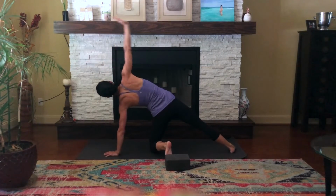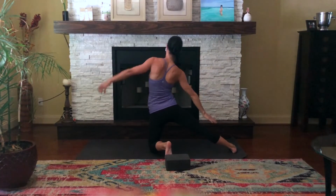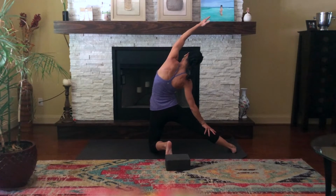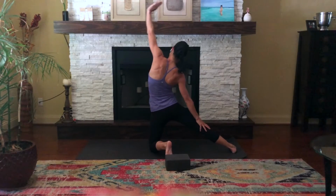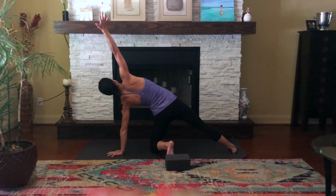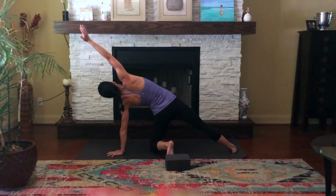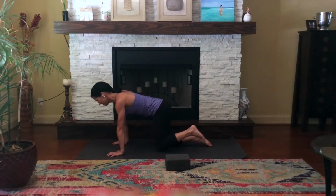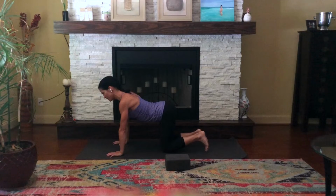Gate posture, right hand comes to the thigh or the shin, left fingertips reach to the back wall. Slowly, mindfully back into modified side, left hand lowers down, right side reaches up and overhead. Back to your tabletop position, placing hands underneath the shoulders, stacking hips over knees, and this time tuck your toes,